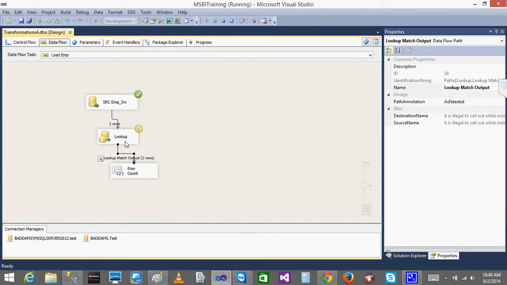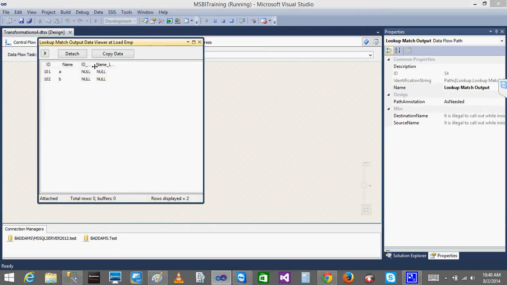None of the ids is there in the destination. See, id_lookup and id, none of the ids is there in the destination. The lookup columns are nothing but the destination columns, which we have renamed as lookup. When I click, it is sorting in ascending and descending order. Now you can see that since this id 101 is not there in the destination table, it is getting a null value.